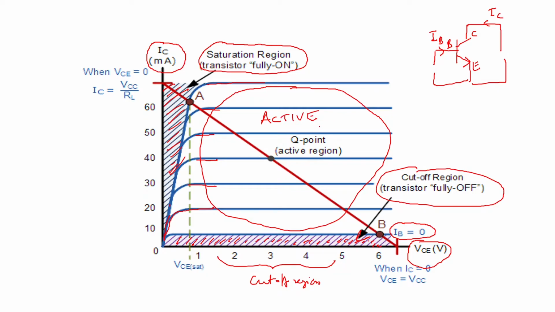Now, depending upon your application, if you want to use a transistor as an amplifier, you have to see that the transistor is operated in this active region. And if you want to use a transistor as a switch, then you should see that the transistor is operated in saturation and in cutoff mode. That is why understanding of the modes of operation of transistor is important before we go to see the application of transistor as a switch and transistor as an amplifier.